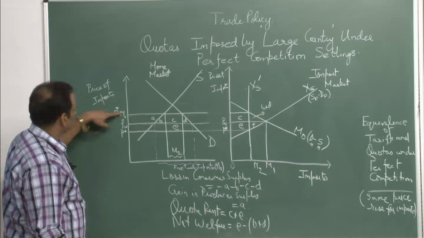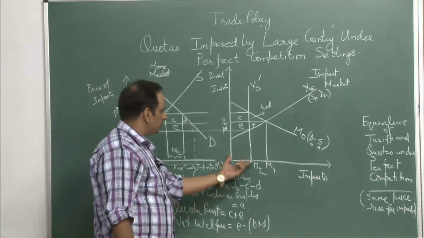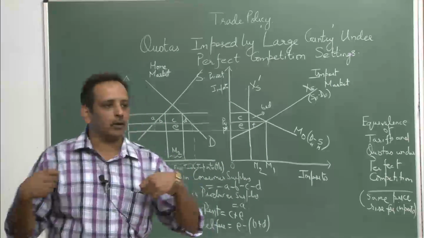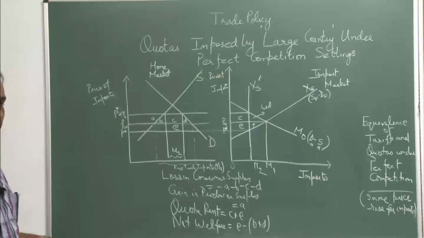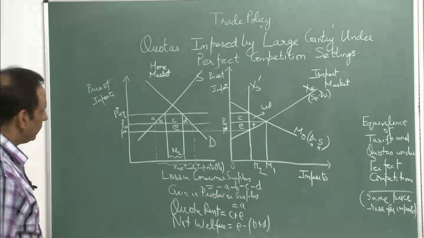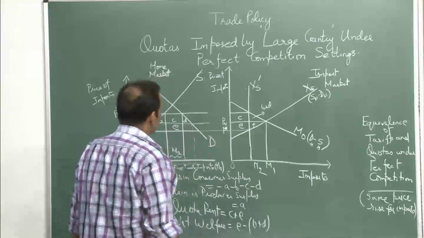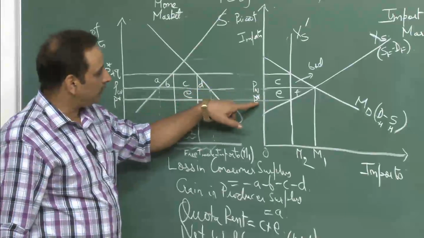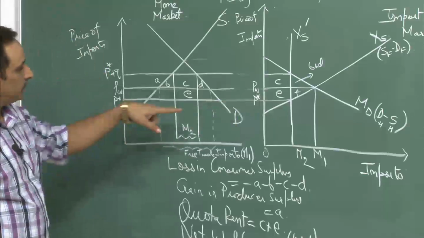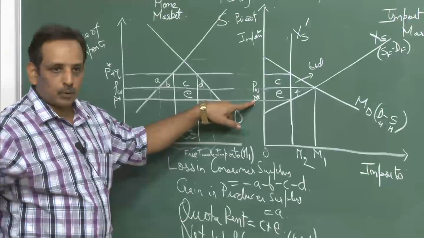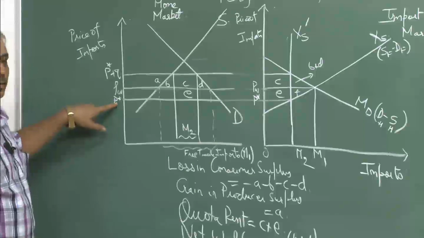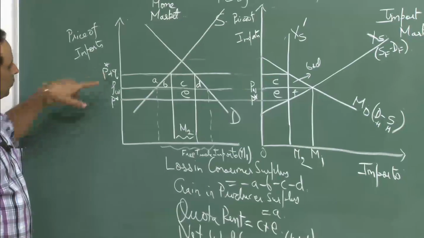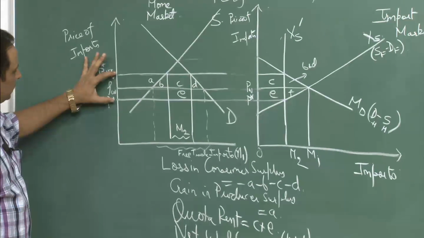But there is another thing which happens here. When you restrict these imports, the foreign supplier would see it as some sort of a tax which is imposed. So, he would try to reduce the price of his exports. As a result, look at P star. P star is the price of exports of the exporter, or the price of the importer, which is P star. So, P star plus Q, this is the price rise,